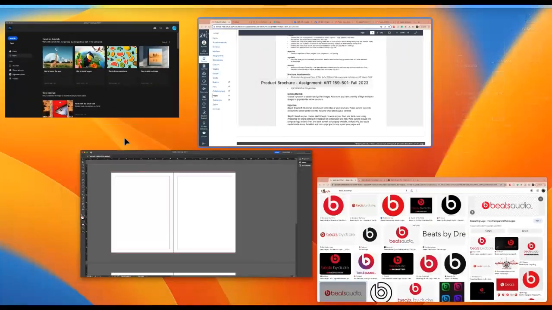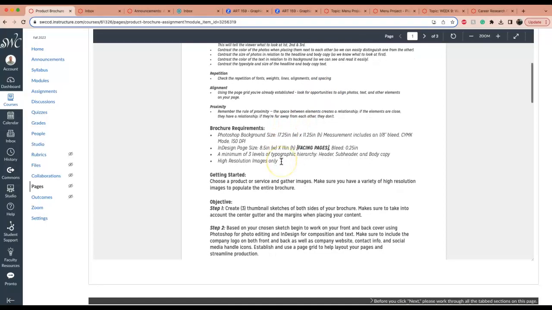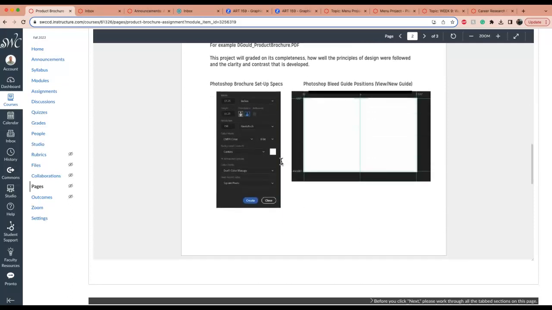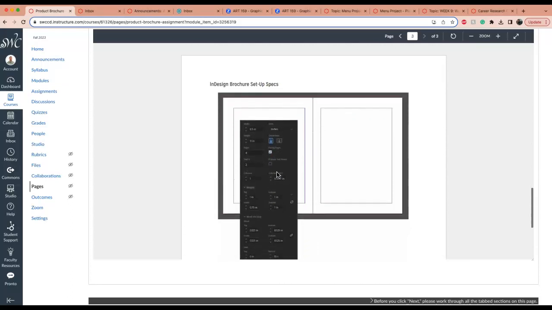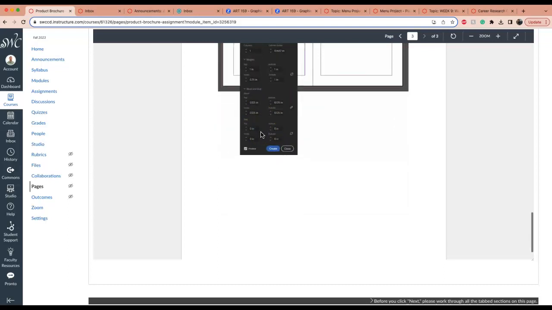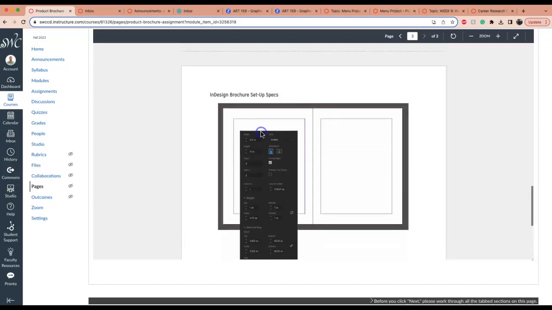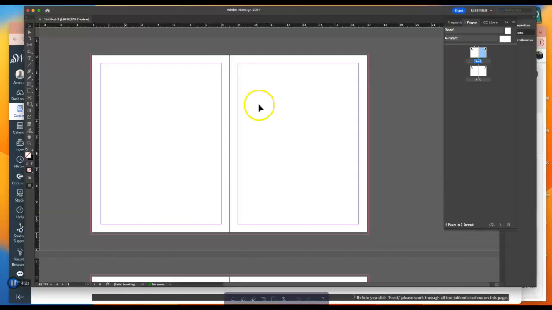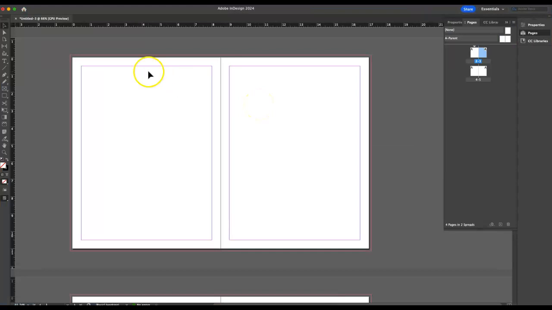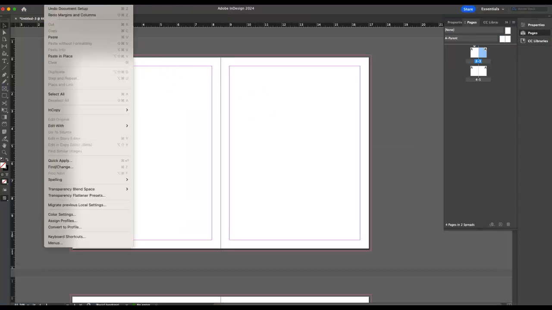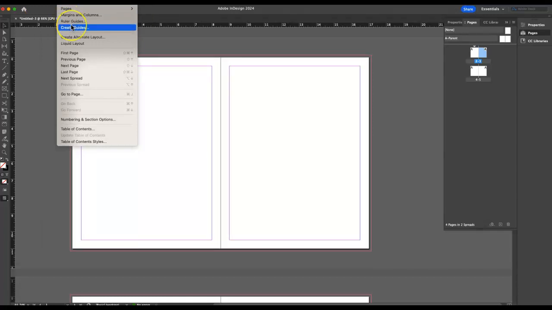Now, going back to the assignment sheet, we want to make sure that you are using a grid here as well. And if you go into the later pages, you'll see that it goes over how you should set this up, starting at page 2 with the columns, so on and so forth, so that we can have that set up here. But what you do want to do is create some sort of grid within the space or some sort of columns here. So what I'm going to actually do is come up here to Layout and go to